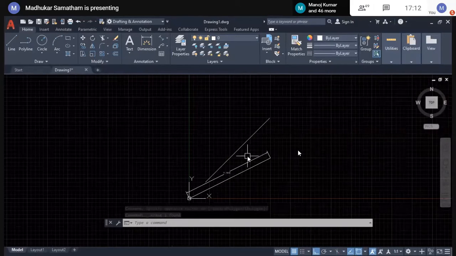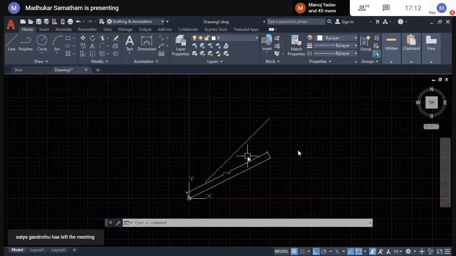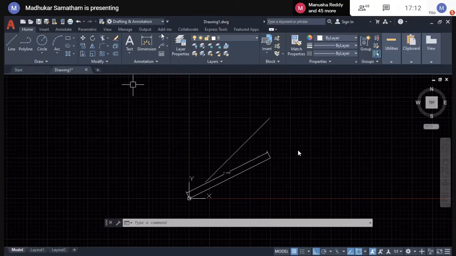Different entities we created by using the line command with the help of two types of coordinate systems. The first one we did by using non-parametric design. The second one we did by using parametric design.